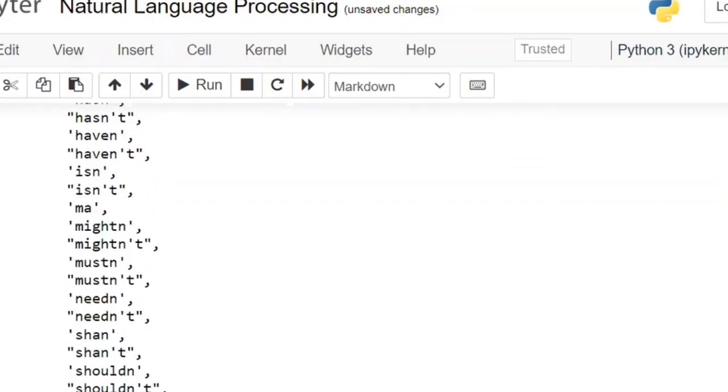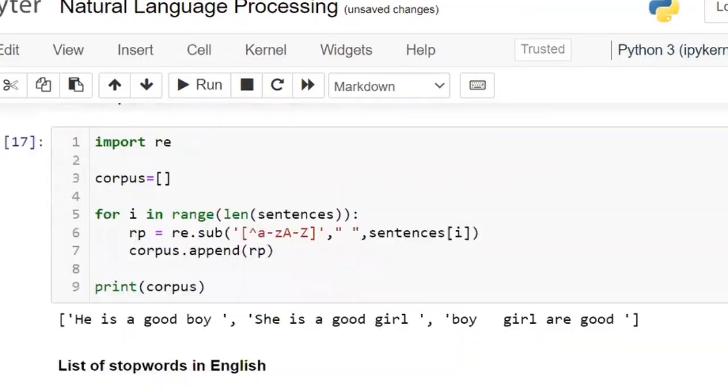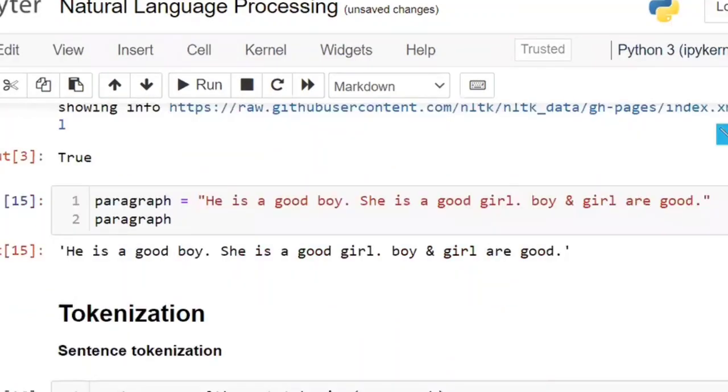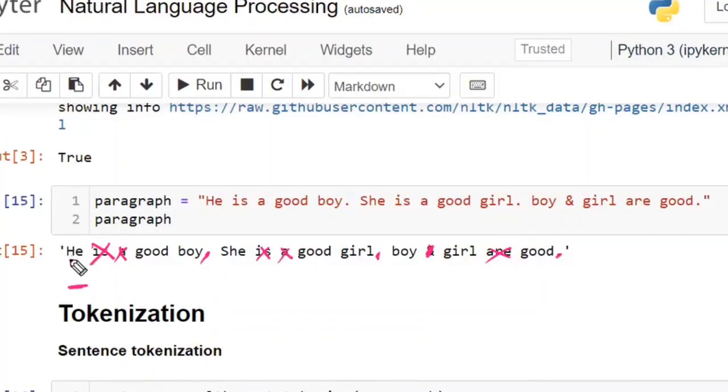Now here, if you observe, each stop word is in small letters only. In this case, I have removed the punctuations. Already the punctuations have been removed. Now in this case, what are the stop words? "Is", "a", "is", "a", "are". These are called stop words. And the "he" that is there is also a stop word. But to remove this stop word,